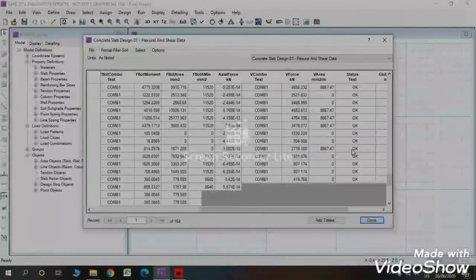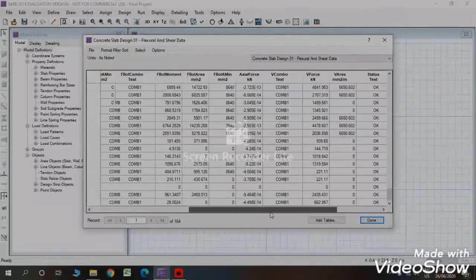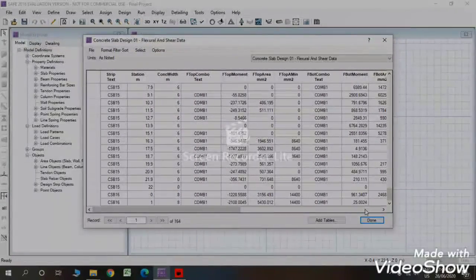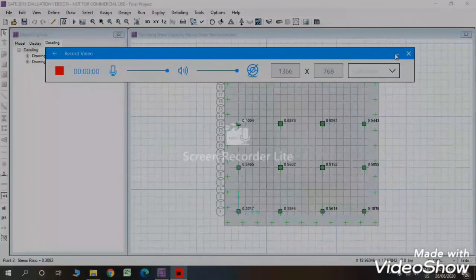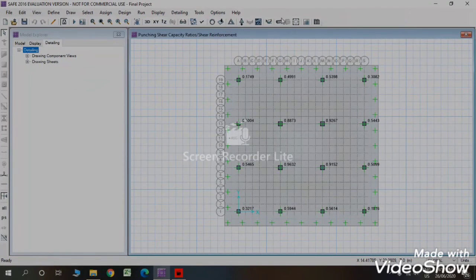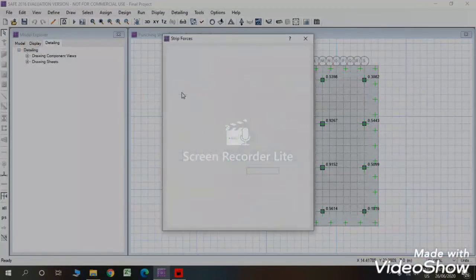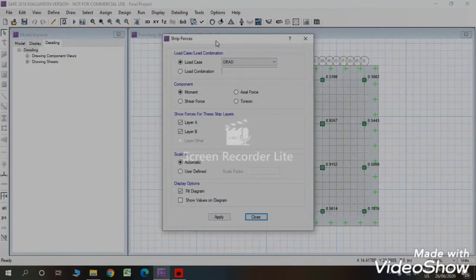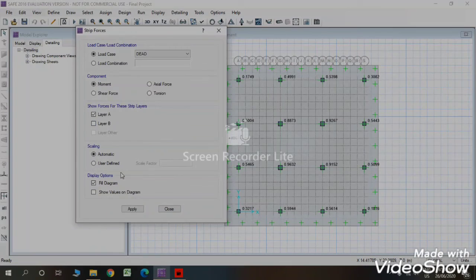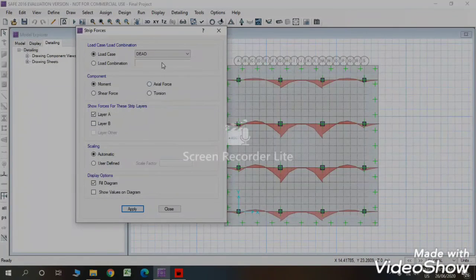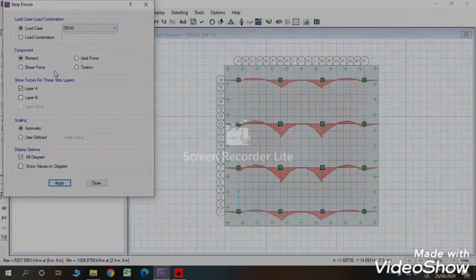We can check for every strip. We can see different values like strip forces. We can see different moment values, shear force values.